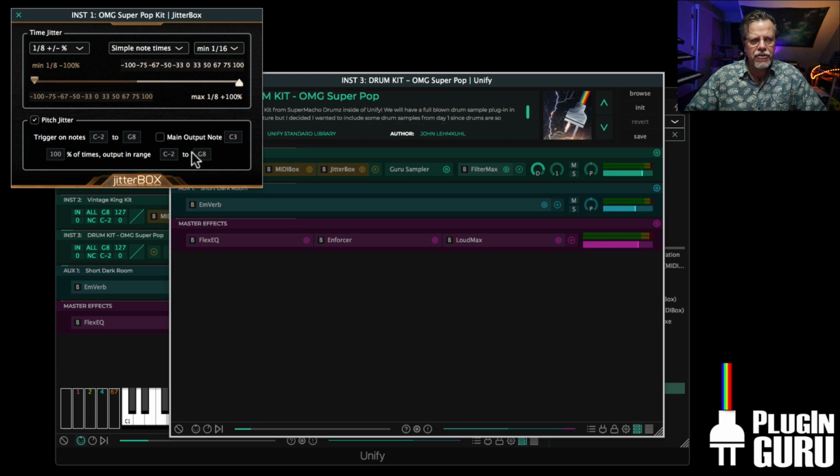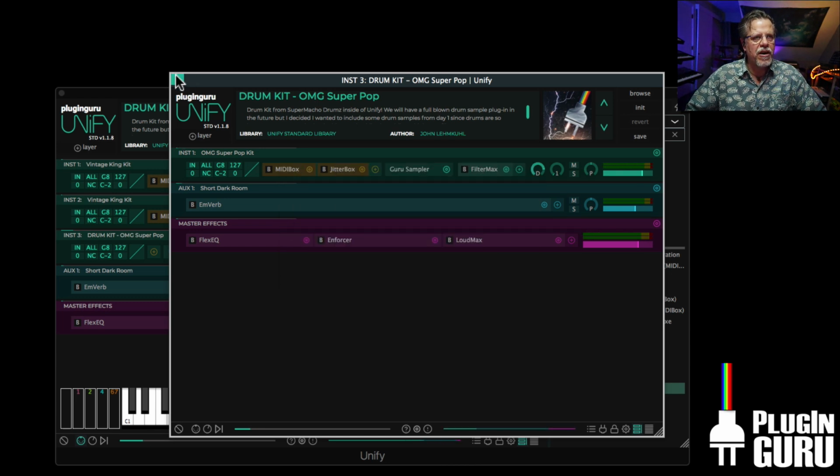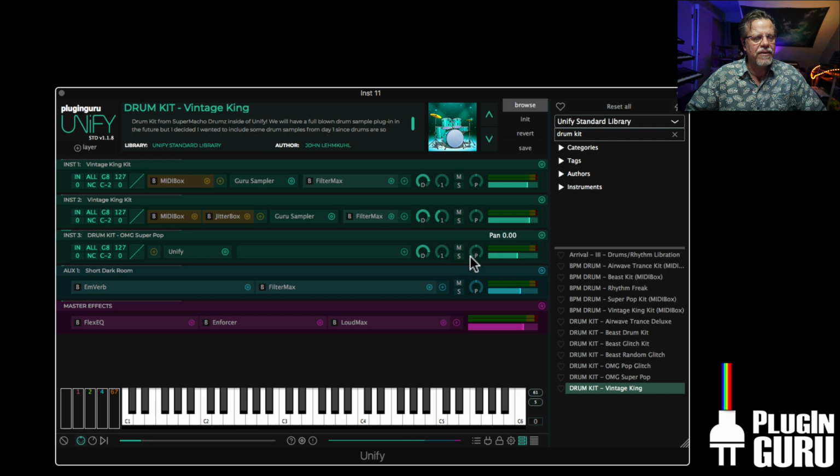But I want to limit the range because the drum kit's range is only from C1 to C6. So any notes coming in, you can actually limit it so it only listens to a certain range on the keyboard if you want. But let's say the whole range is going to be listened to, but the notes it's allowed to spit out are between C1 and C6. Now I have it right now at 100% randomizing. So it's randomizing the pitch 100% of the time. So when we put that into the mix,